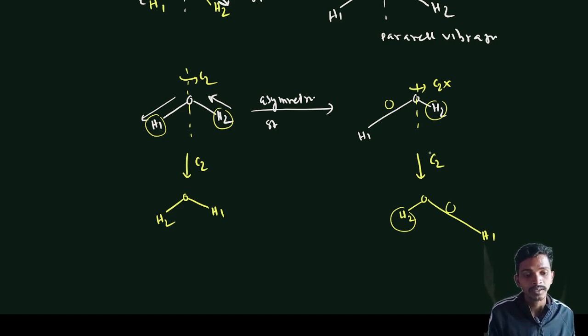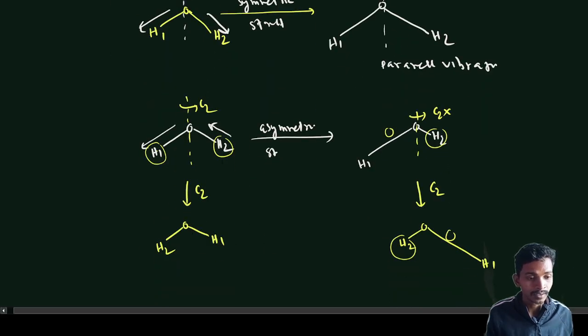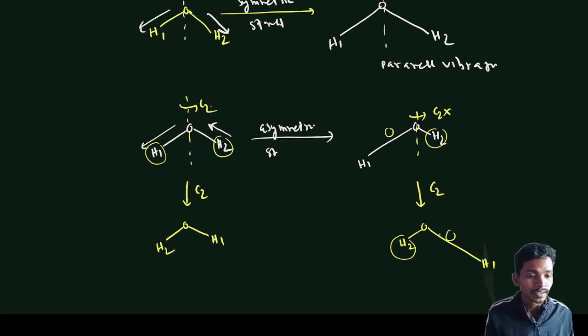So we have discussed in group theory that to present any axis, that is rotations or reflections, if equivalent orientations are present, then that axis is present. But here whenever I do the rotation, I am not getting equivalent orientations. So it means the C2 axis is absent here, and the principal axis here is C2. So here the principal axis is absent. It means this is